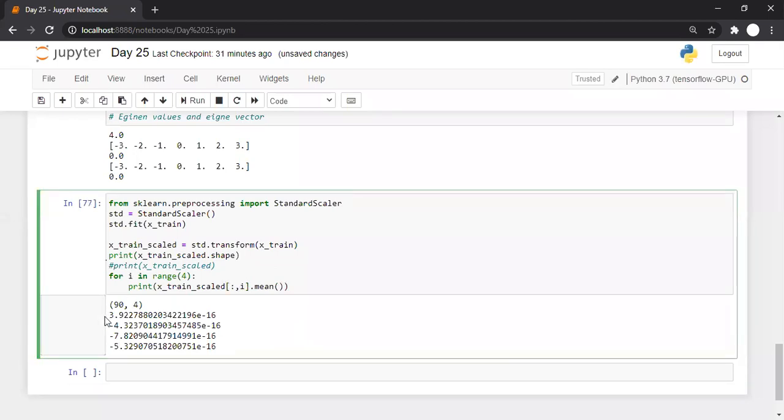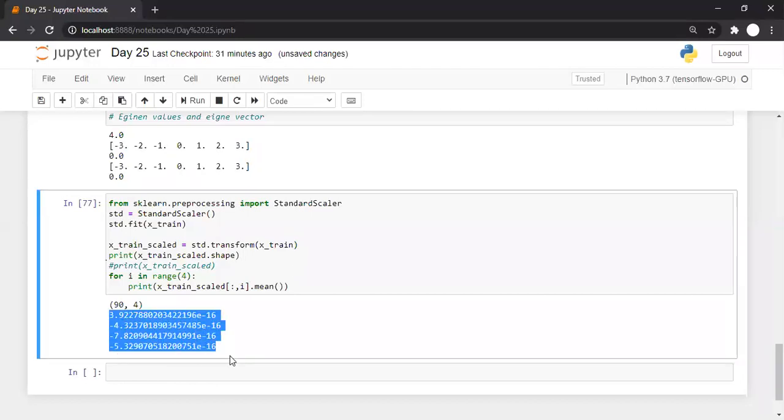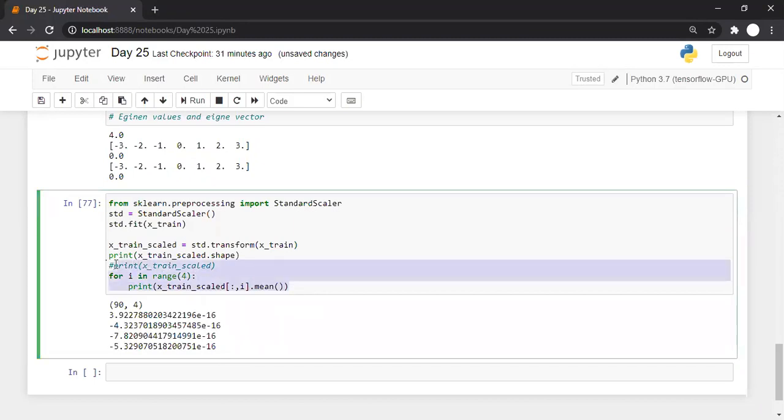For the 0th column, the average is almost 0, e raised to minus 16. It's a very small value. Theoretically the average should be 0, but in practice the average is almost 0. The average for every column is almost 0, so yes, it works properly without any problem.